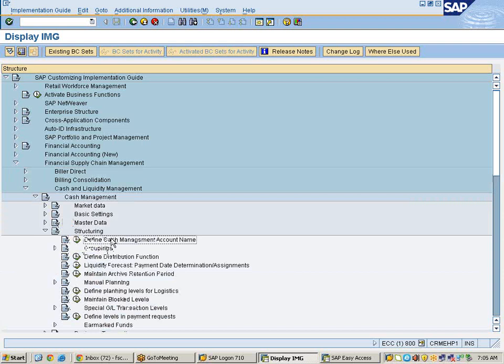That means after a certain period, when the documents are to be deactivated, we then need to update the manual planning by combining the distribution function, forecasting, and archiving method. So we need to update the manual planning procedure. Once it is updated, we need to update with special GL transaction levels. So this is a complete structured procedure for your three types of ledgers.